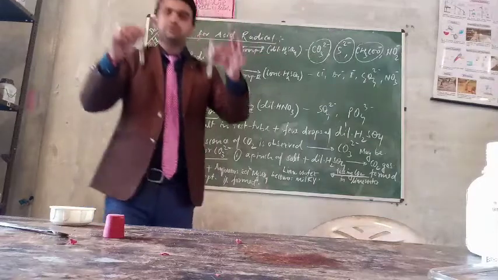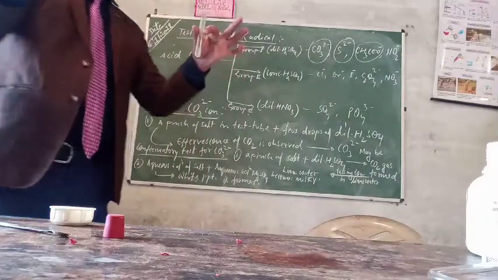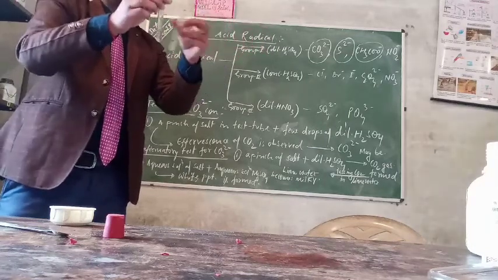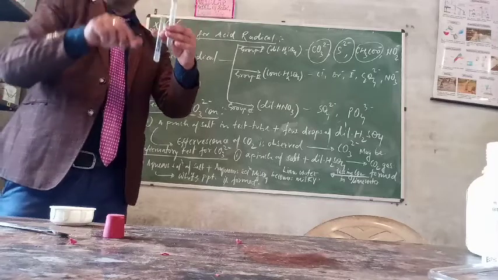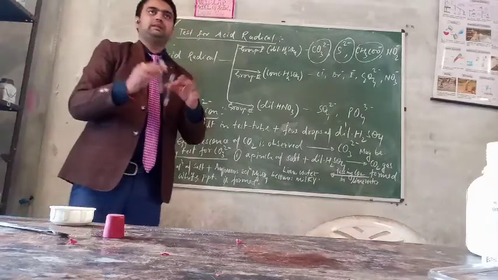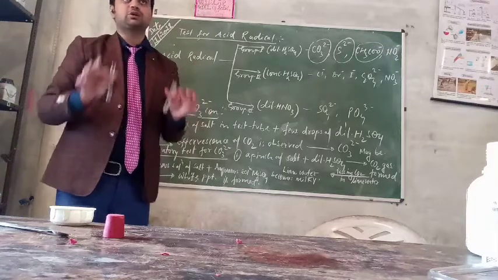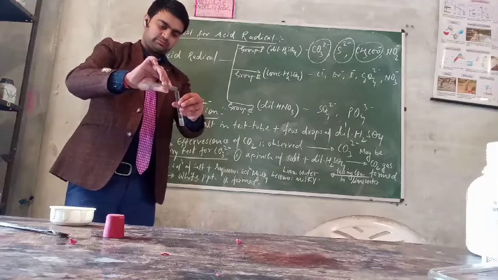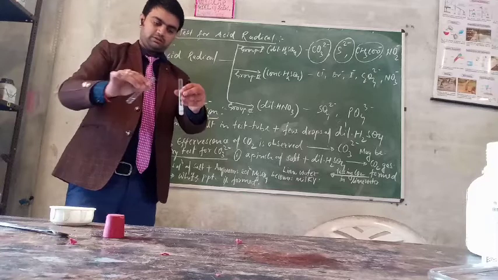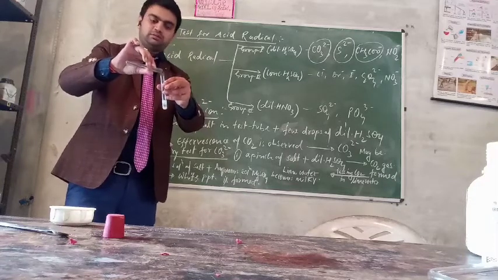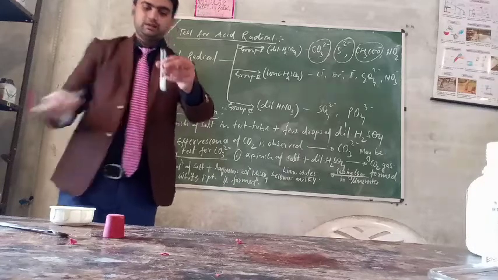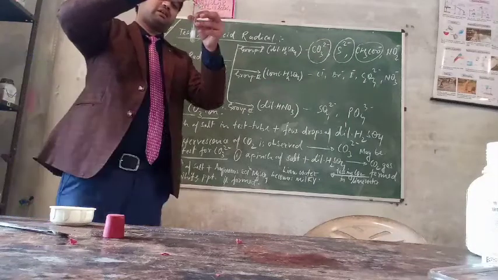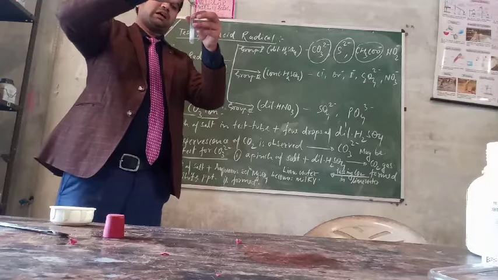Okay, you can see here the two solutions I have just taken. This is the magnesium sulfate and this is the aqueous solution of the salt. Clear? After adding the magnesium sulfate into the aqueous solution of the salt, we get the white precipitation, and this will confirm the presence of carbonate in the salt. Understand? Like this. Yes, this is the white precipitation formed in the test tube. You can see here. So in this way we can confirm the presence of the carbonate ion in the salt.